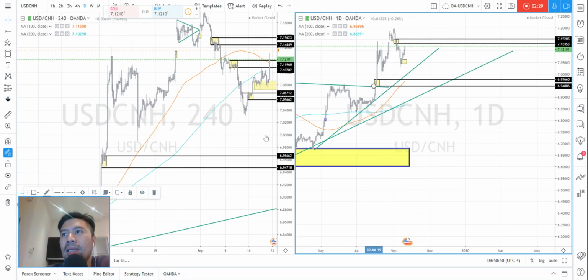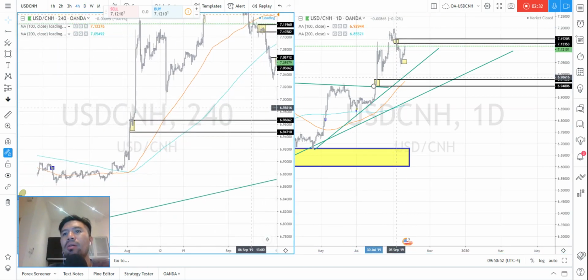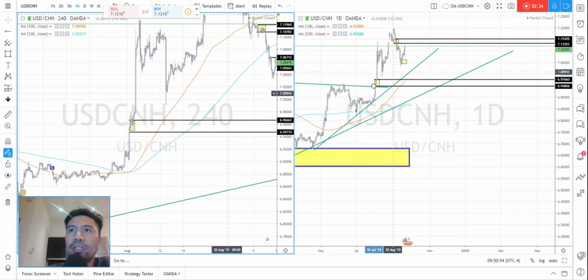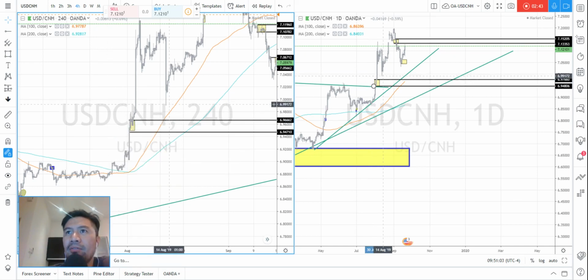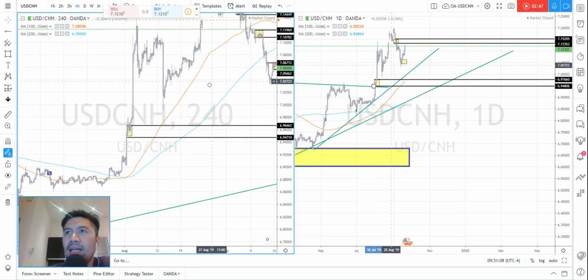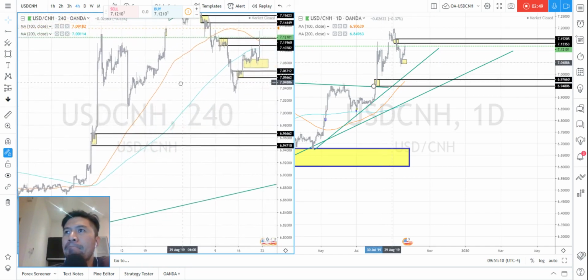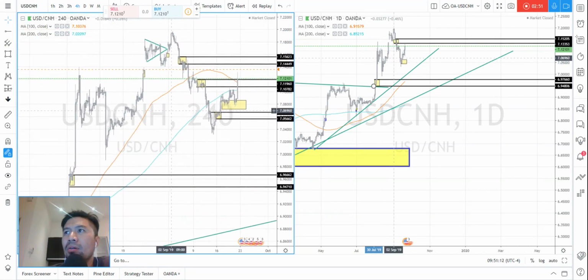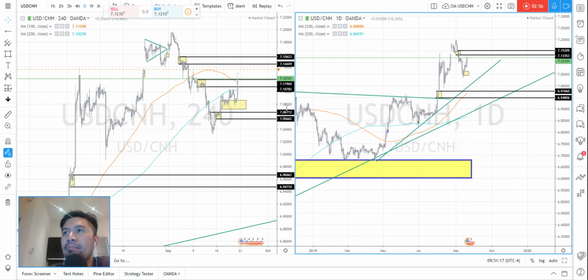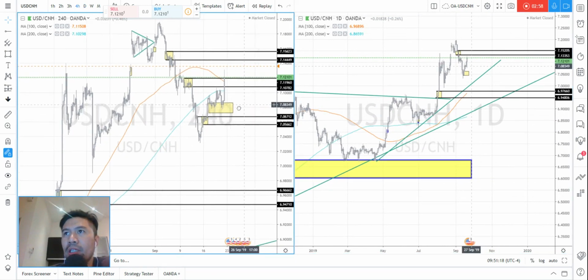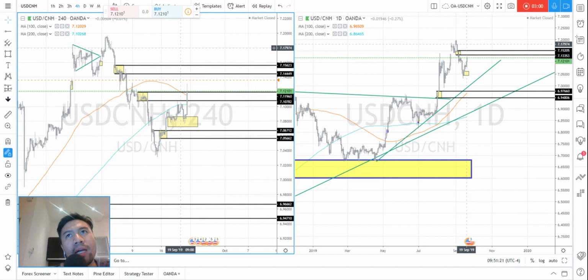Okay, and then if we go here on the 4-hour chart, actually this is the demand. I was also able to put my buy trade here, but unfortunately the price wasn't able to reach it and then shot up. Okay, so that's for our long term analysis maybe,